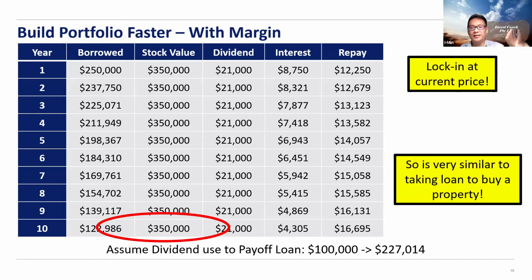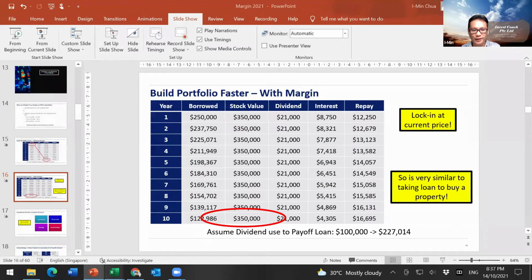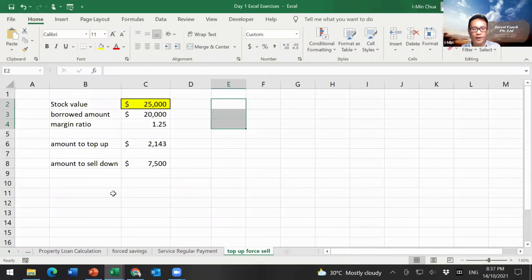Then it's just that 20 years later, 25 years later, after they fully pay up the loan, the property becomes theirs. So it can be exactly the same thinking process as buying a property. So this is what has caught my interest when I actually do margin on REITs. By the way, the Excel spreadsheet which I sent to you, day one exercises,